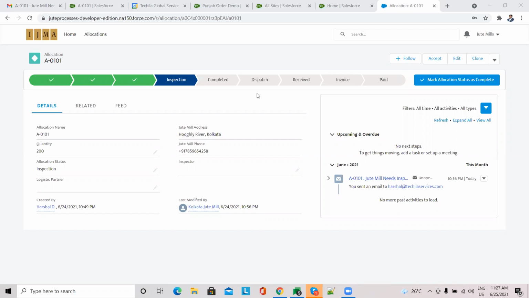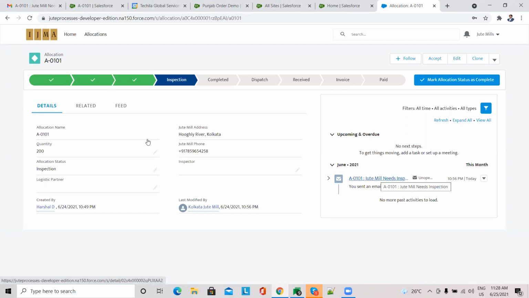For now we are not sending it to the inspection officer, but you can have a drop down option, just like you have in the panel for the mill to select the inspection agency. There are three inspection agencies, so the mill can select the inspection agency. So for that, the flow is there, where right now we are sending an email to the Jute Commissioner officer.